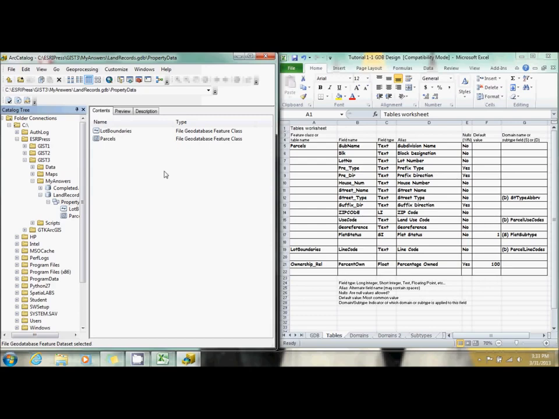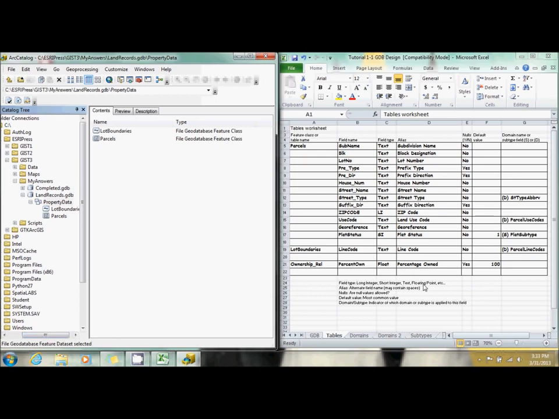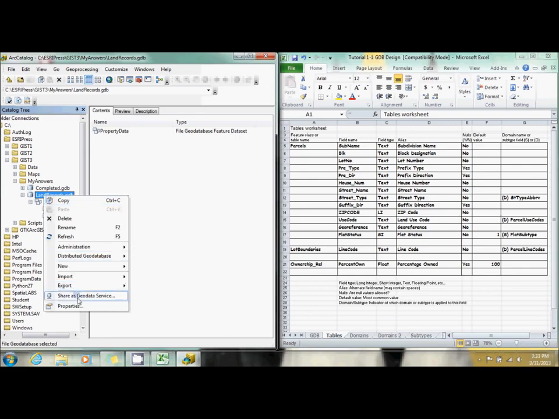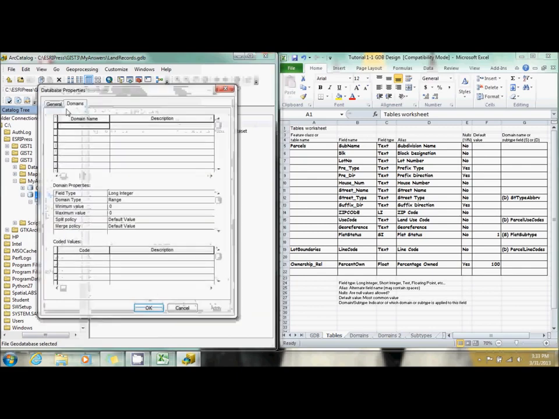Now what we're going to do is create our domains. So we know what our domains are for. So you might be tempted to try to do the domains through the feature class itself, but that's not how you do it. You right-click on land records, and you go to properties. And there's two tabs, a general and a domains. You want to be in the domains. And we're going to do land parcel first,